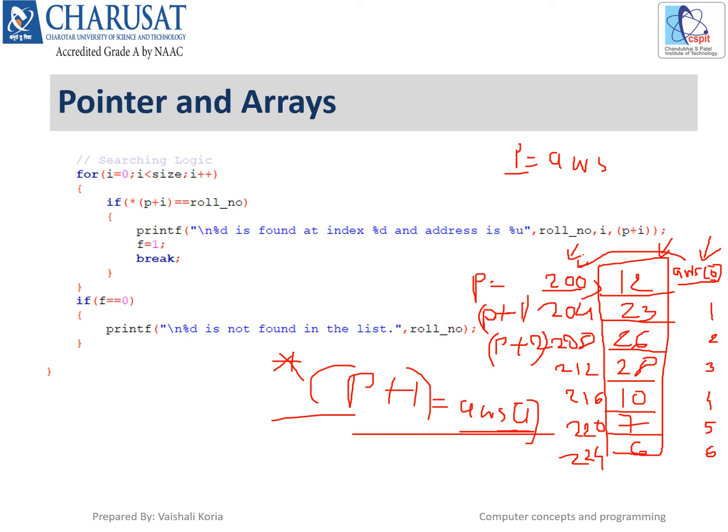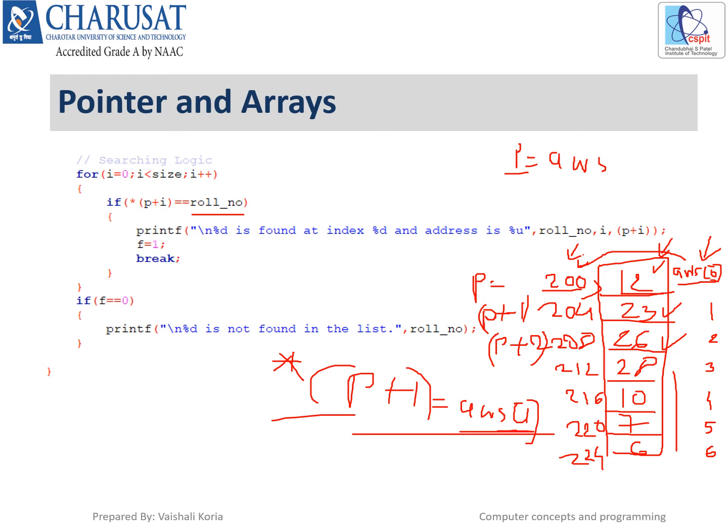Now when we want to apply the searching logic, what we need to do is, we have one roll number, and we need to check whether that roll number is there in the list or not. So we have to take the first value 12 and compare it with the roll number. If the value of the roll number variable and this array element are the same, then we can say that the particular roll number is in the list. We have to compare this roll number value with the first element, second element, third element, like this. Whenever we find a match, we can print that the required element is in the list; otherwise it is not in the list.